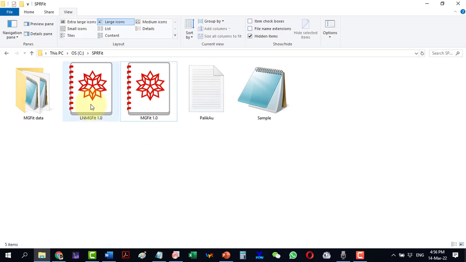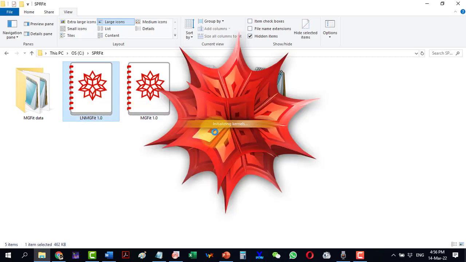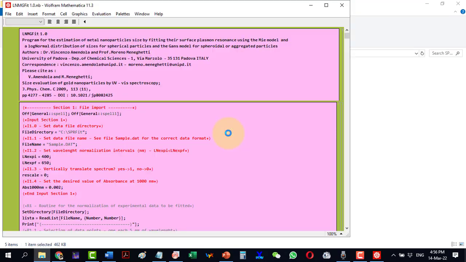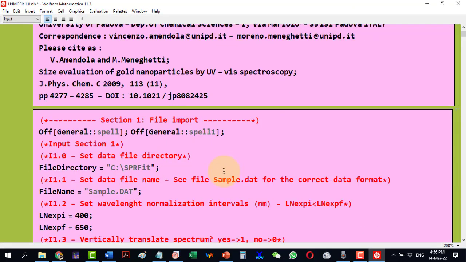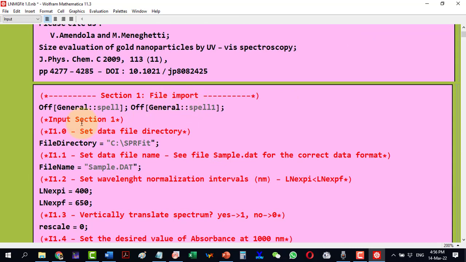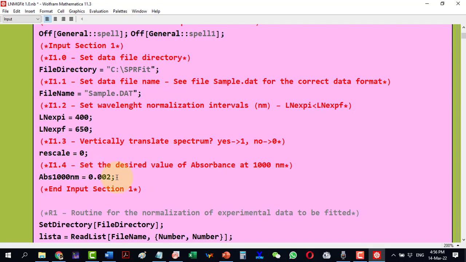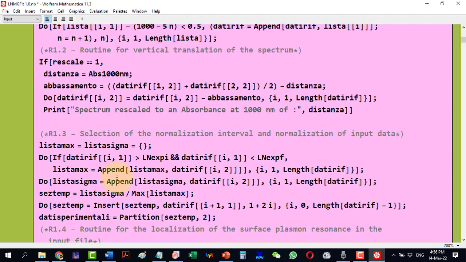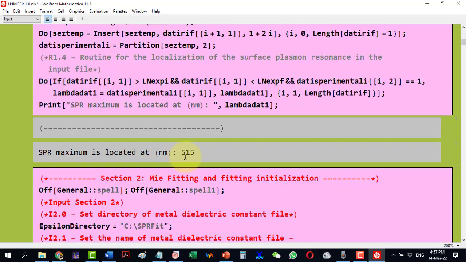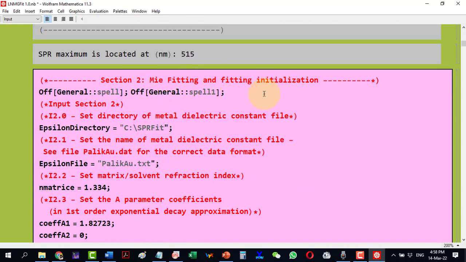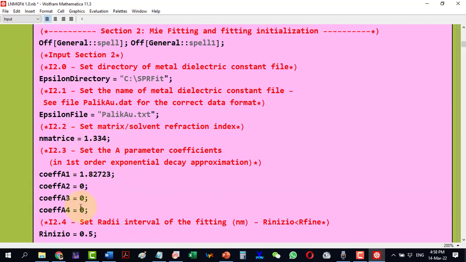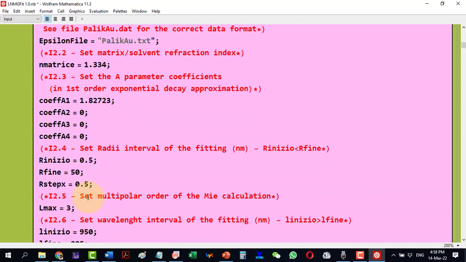For the size distribution of nanoparticles, we will execute the LNMG fit code, which works under the same parameters as for the MG fit. Section 1 is the file import like the previous, and all the inputs are the same. It will locate the position of the SPR of nanoparticles in the experimental spectrum. Section 2 is the Mie fitting and fitting initialization. The input parameters are exactly the same as in MGFit,